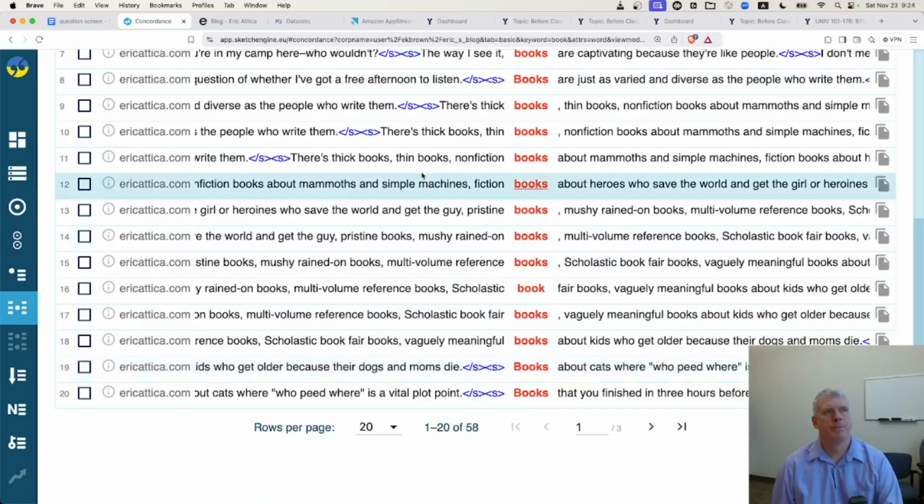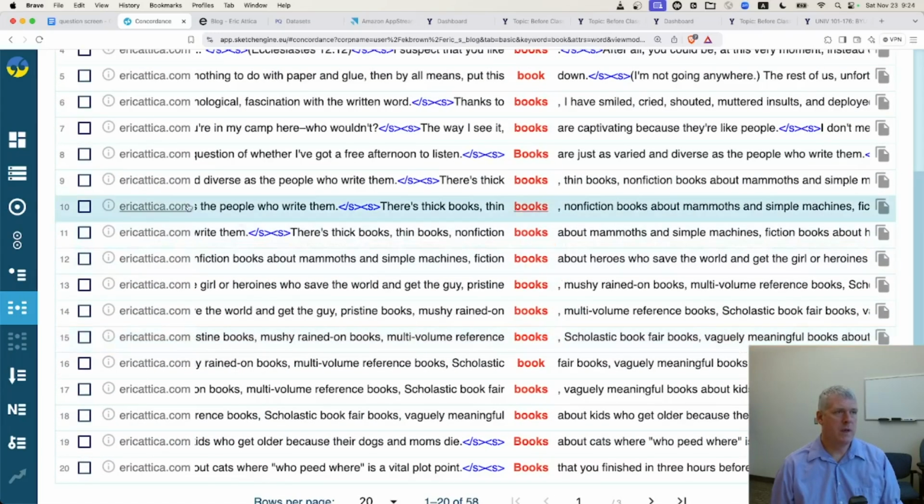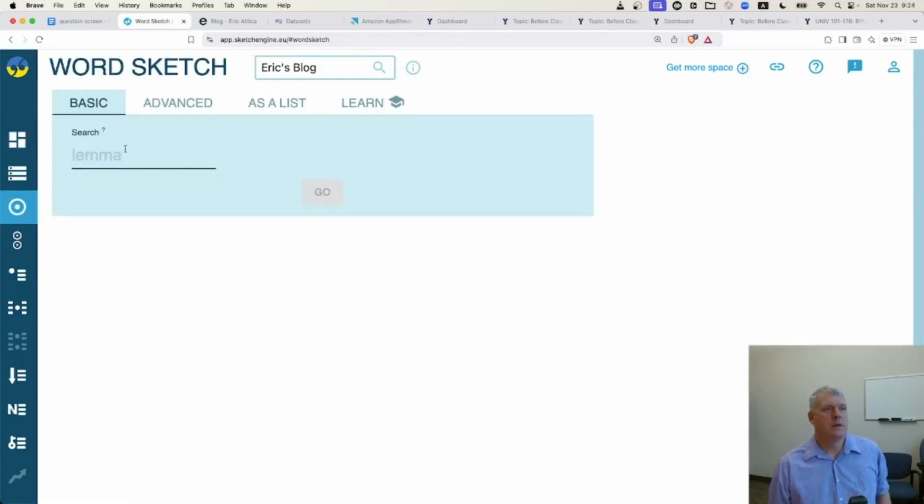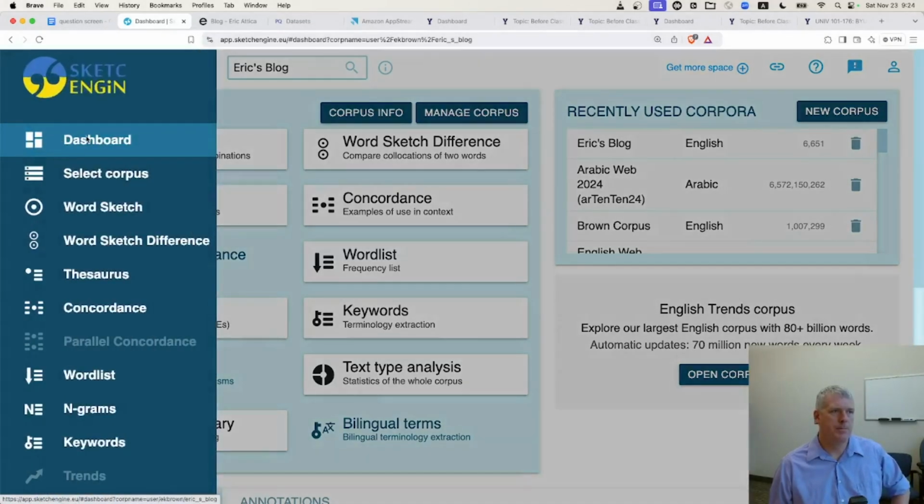There you go. So that's how you make it. That's how you make a corpus. You can use all the tools that are available in SketchEngine. If I want to do a word sketch, whatever, it's fully available here. Now, if you wanted to download this, you come back to the dashboard area, which is the top left icon there,